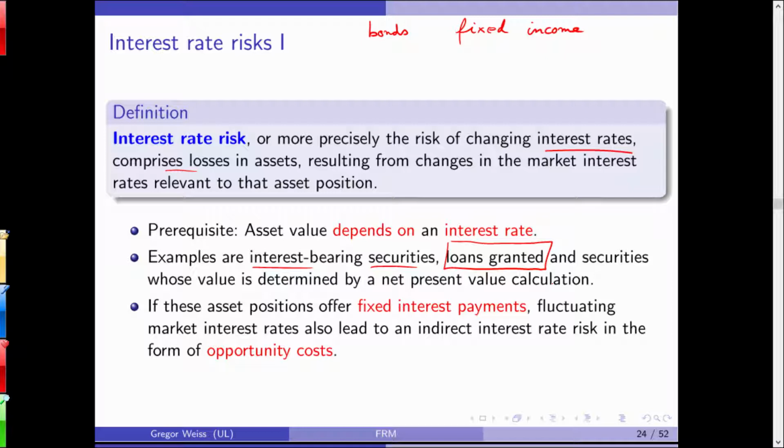So the opportunity costs are quite different. And the bank could now grant the loan for, say, 3 or 4%. So if market interest rates change, of course, the value of a bond or a loan given out at a higher or lower interest rate will also change. And actually, it's the same with bonds.